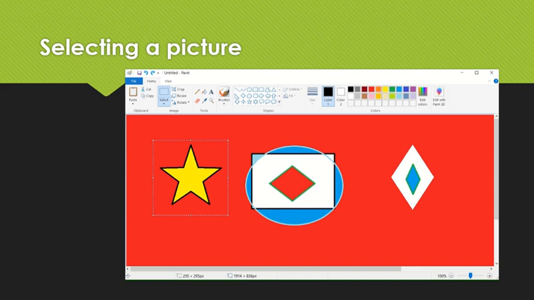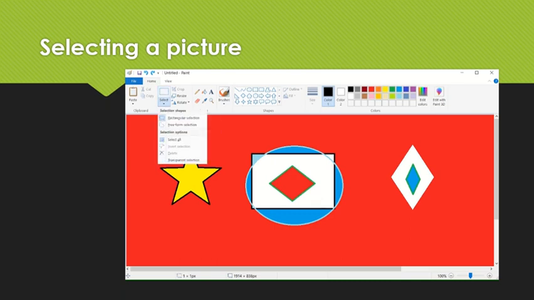To select a square or rectangular part of the picture, click on the rectangular selection and then drag the mouse pointer over the part of the picture that you want to select. Then the next option is freeform selection.